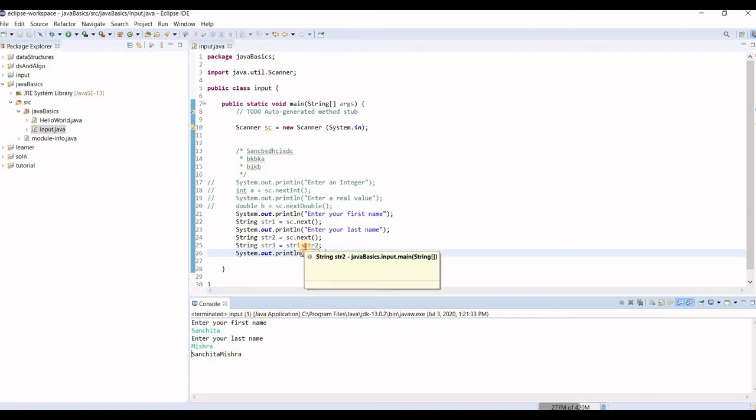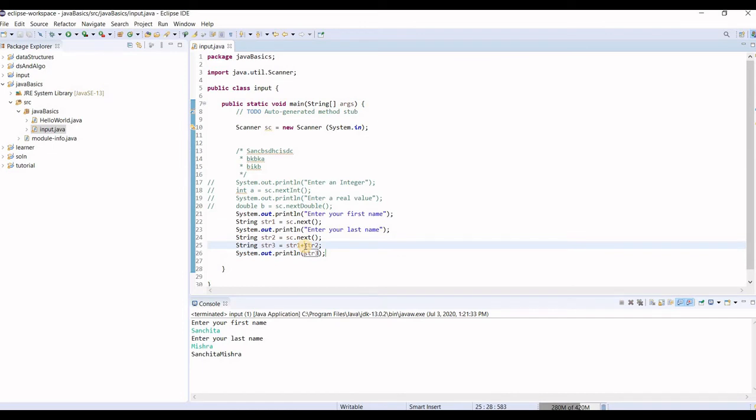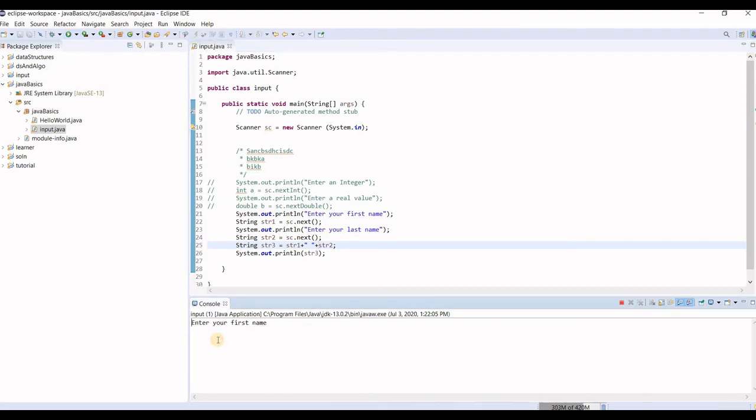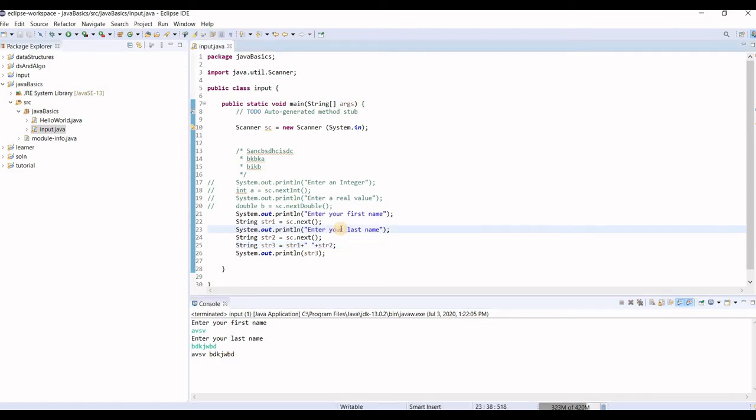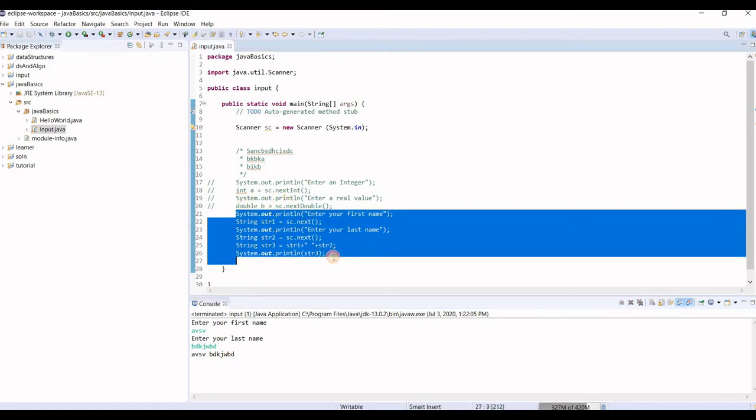So how to add space? As there is plus sign between two strings, you can also add a real string, like I added space, but then put plus sign, because you are adding these strings, string 1, then the space, and then string 2. Then run it. Again, you are required to enter first name. I'm entering anything, and here it shows it. The two strings are being concatenated. Now let me comment this out.